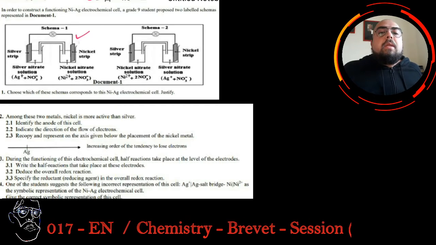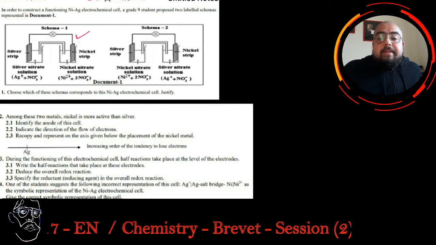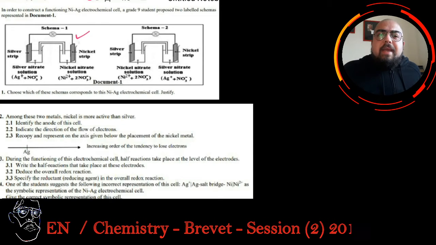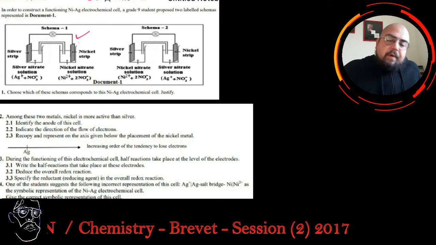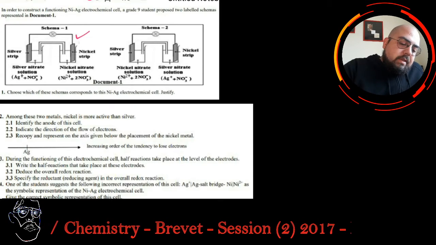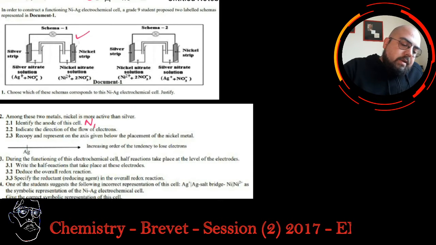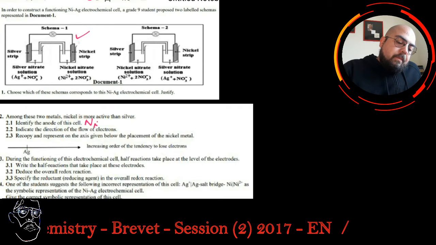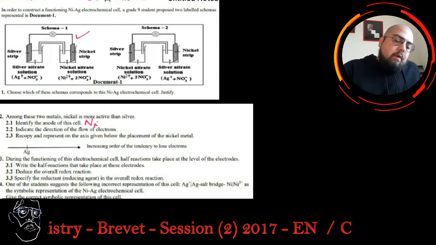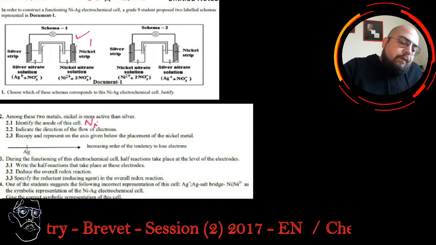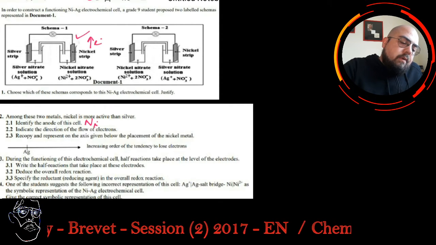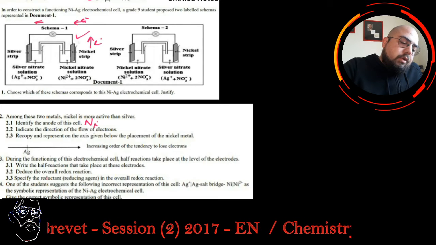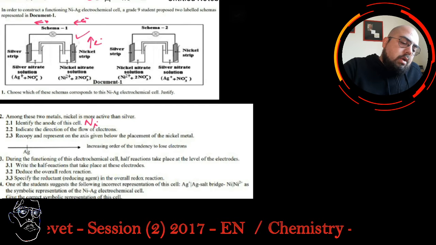So what does it mean that nickel is more active than silver? It means that nickel will lose electrons more easily, so the nickel will be the anode. Identify the anode of this cell: it's nickel because it has a higher tendency to lose electrons than silver. Indicate the direction of the flow of electrons: the electrons will flow from the nickel, which is the negative pole of this electrochemical cell, towards the Ag